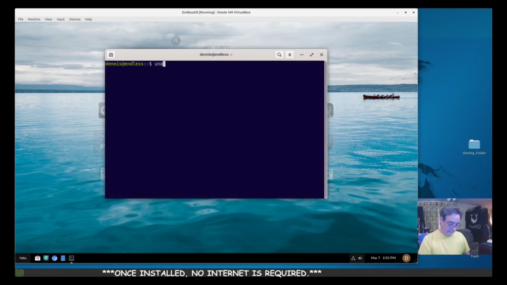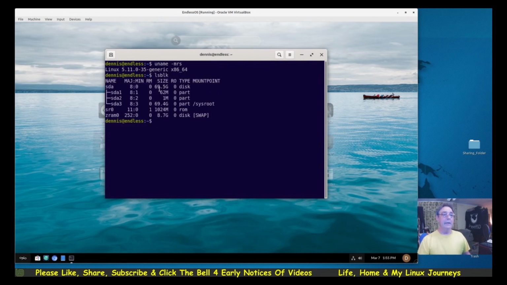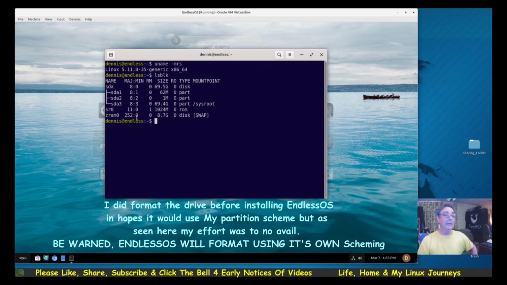So, we got uname -rs. That gives us a Linux kernel 5.11.0 generic type kernel. lsblk should see our root, home and or root, EFI. See, that's why I like to do this stuff myself here. sda1, 62 megs, that's going to be your EFI. And here for a swap, I bet that's all I got.